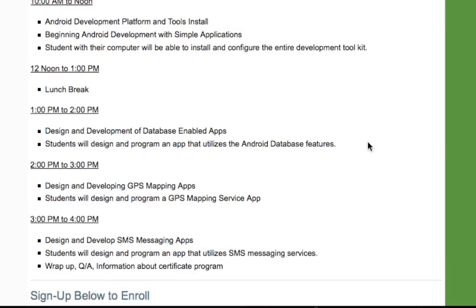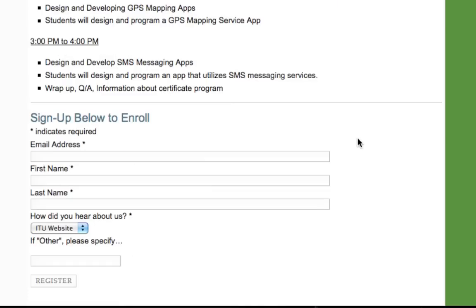At the end of the flyer, on the bottom, if you go to that website that I gave you, itu.edu/appdev, you want to fill out the registration form on the bottom. This will get you in the door, essentially. I guess you don't really have to. You could show up without enrolling. The only thing is if we run out of room, those people who have enrolled are guaranteed in.